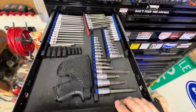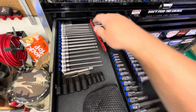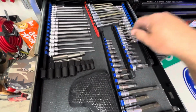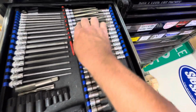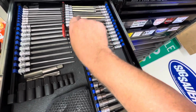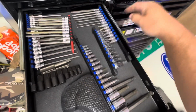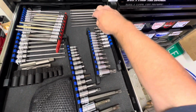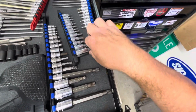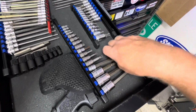Moving down here, this one is ball head hex, long Torx, a couple more tap sockets, ball head hex metric, long metric, ball head and long Torx there, SAE ball heads, SAE ball head long and short, another set of tamper-proof Torx, and then this is